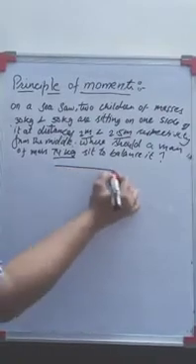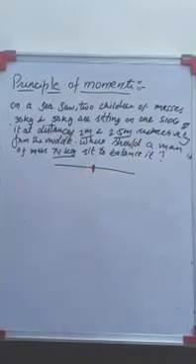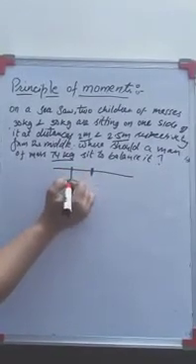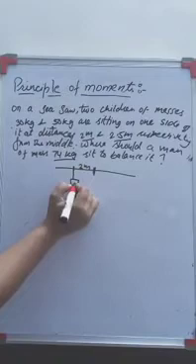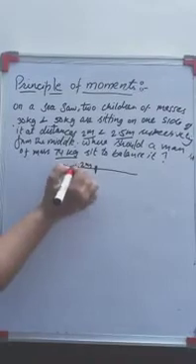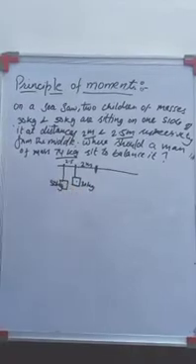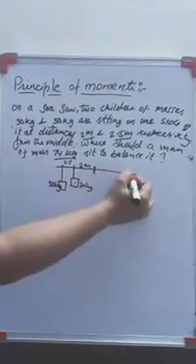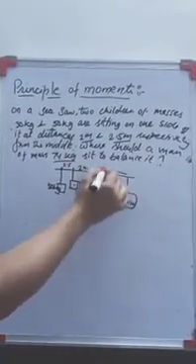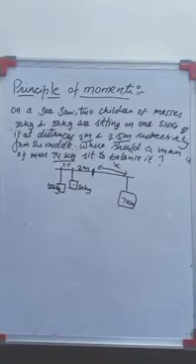So make the diagram. If it is a seesaw, then at center, seesaw, and at 2 meter one child is there of 30 kg, at 2.5 meter another child is there that is of 50 kg, right? Now on the other side of the seesaw, a man is there that is of 74 kg and this distance I am taking as x. So this is our arrangement. Now see over here,